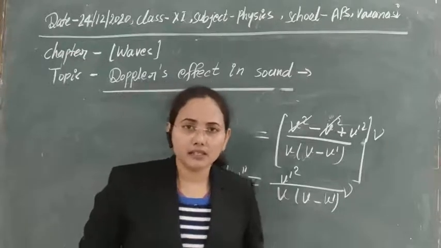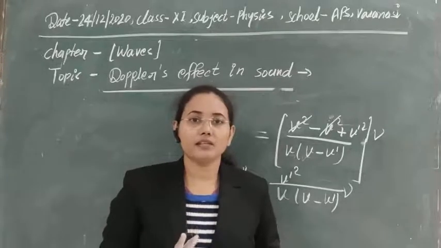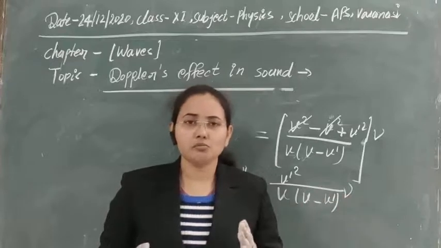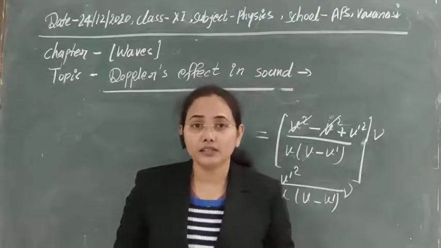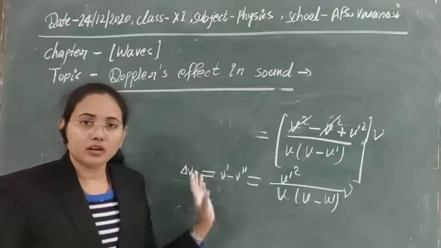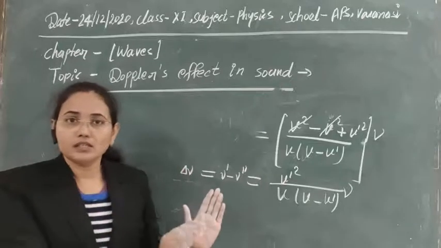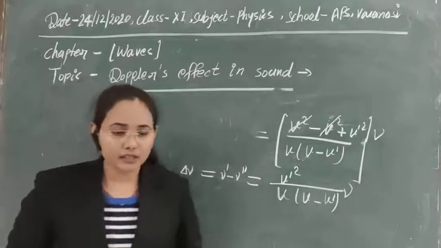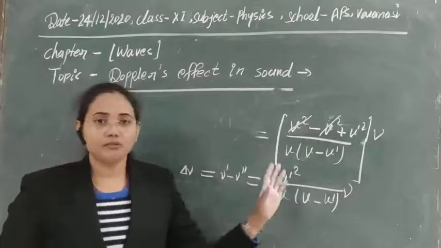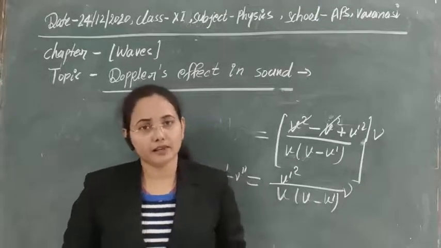If there were symmetric nature, then we know there should be equal frequency heard by the listener whatever the condition, whether the listener is moving or the source is moving, but here the condition is different. So here we are getting a Doppler shift. Now I think the condition of the Doppler shift is clear. What is the nature of the Doppler effect here? That it is asymmetric is also clear to you. So here we have understood all the concepts of the Doppler effect in sound.